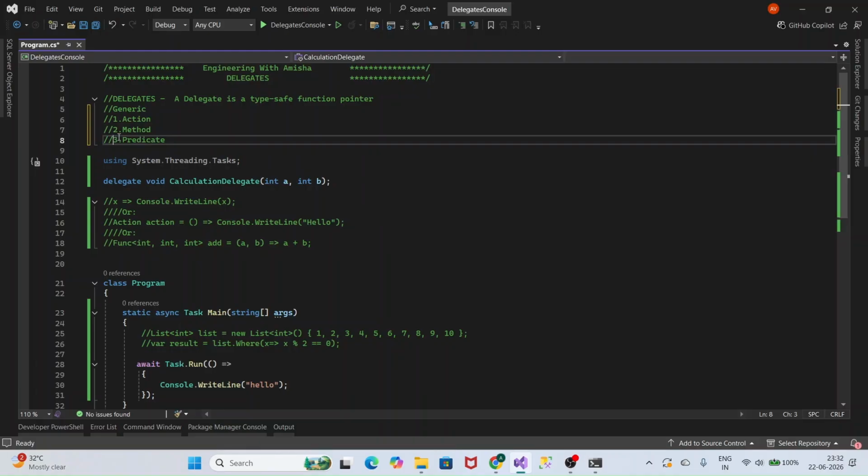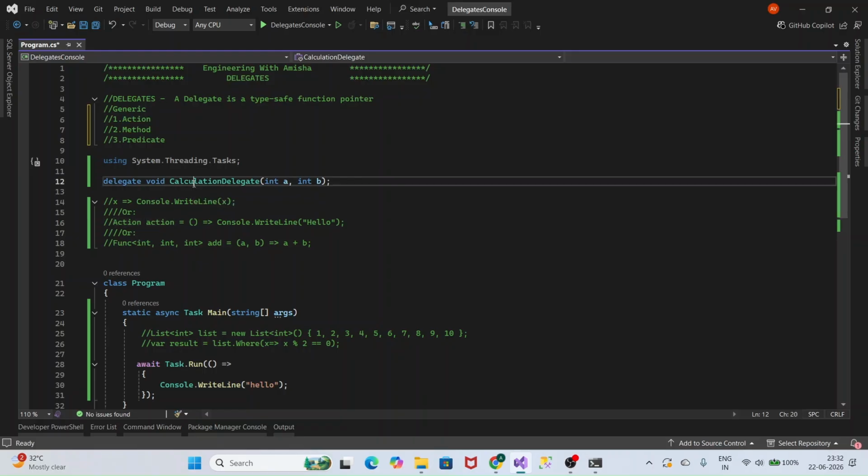These are the most commonly used delegates in enterprise applications. The first generic type is Action, a method that returns nothing, meaning void. Let's create a normal delegate. Here, our delegate does not return anything. So it is equivalent to